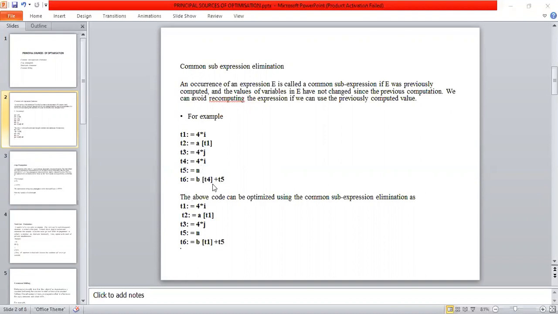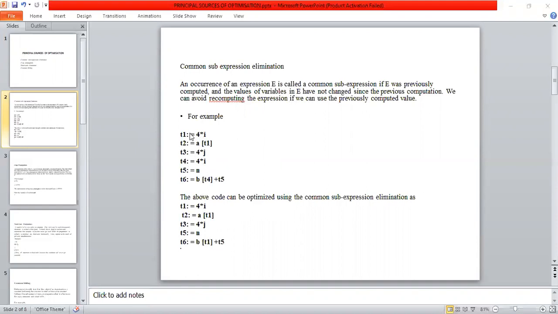Observing this, I have 4 into I at T1, and similarly 4 into I also at T4. So this is called a common expression. Whenever we have a common expression, instead of writing it twice, we can write it once and use it any number of times. Eliminating that expression reduces the size of the code.